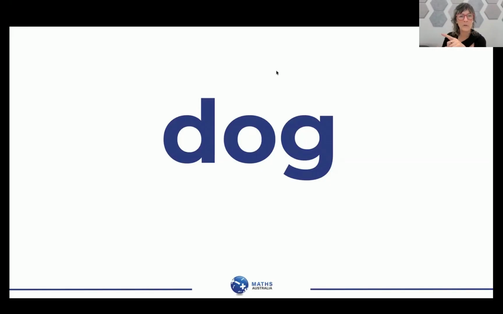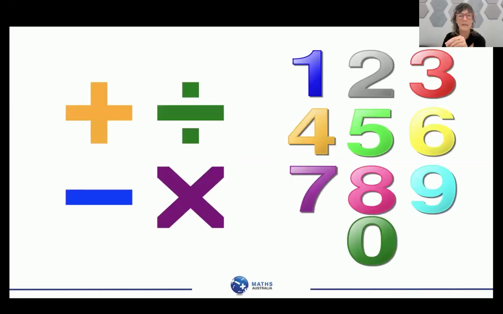Very key piece, because when you look at maths and think of these symbols that we use for maths, the plus sign, the minus, the division, if you think about the other symbols that we use in mathematics, like the superscript, the percentage sign, the square root sign, all of these symbols and the 0 to 9 are just symbols that we've decided we're going to use in the language of maths to be able to communicate something. So have you got that piece? Yeah? Cool, because that is critical to understand.